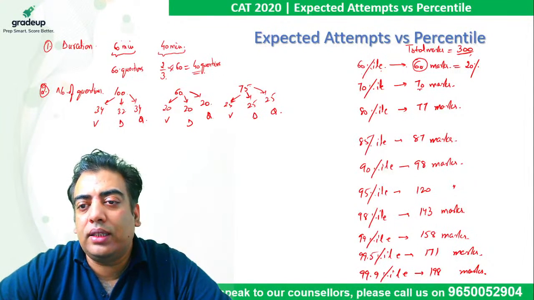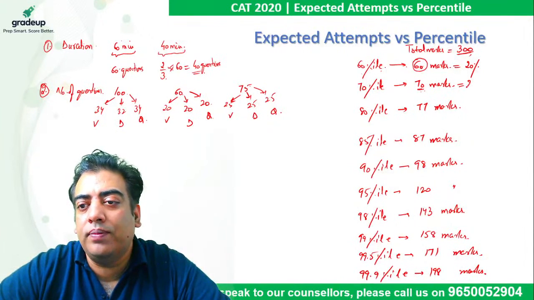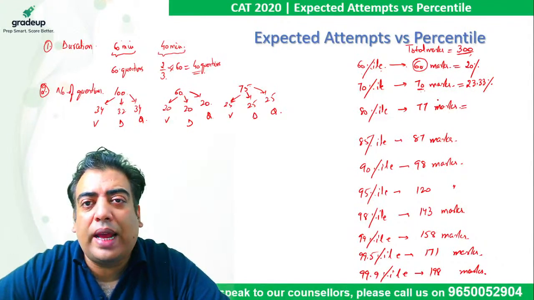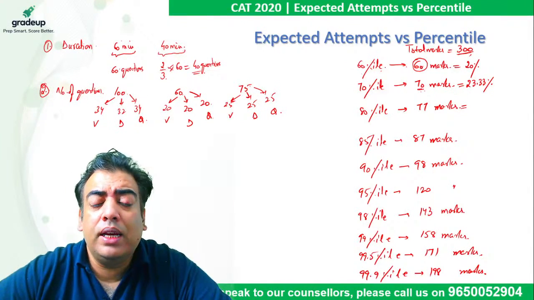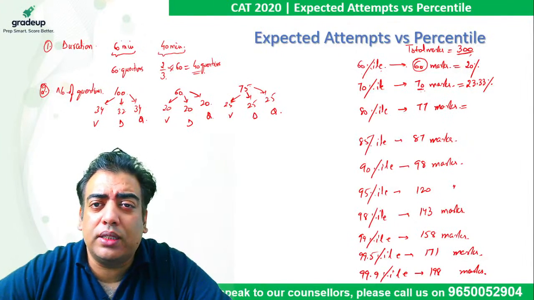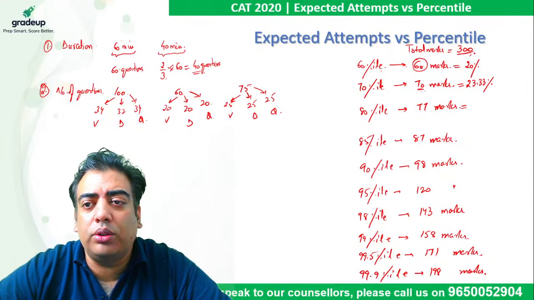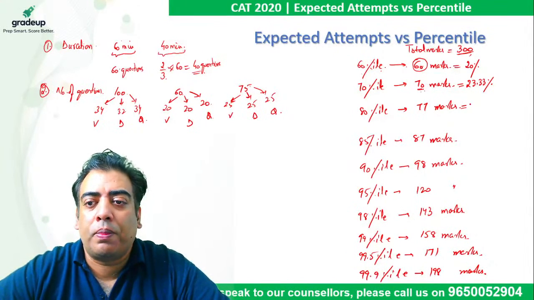If we calculate 70 marks, it comes out to be 70 upon 300. So 70 by 3 comes out to be 23.33% marks. Please keep in mind that year after year, these values more or less remain the same. You will hardly find a deviation of 1 to 2%, right? Not much in percentage of marks out of total. So that is going to be our benchmark of this particular session, right?